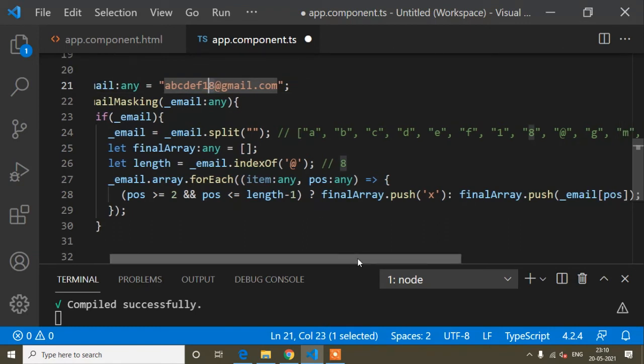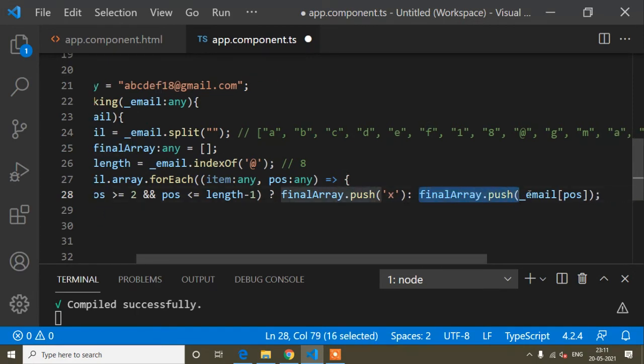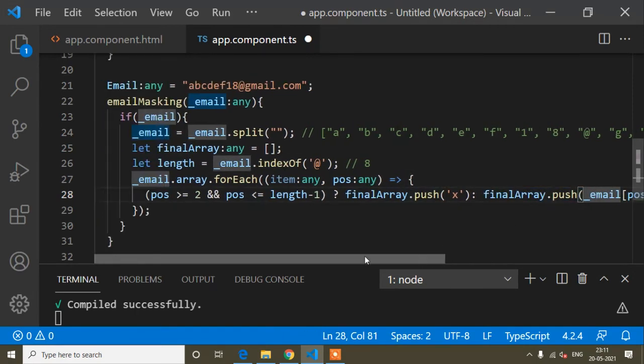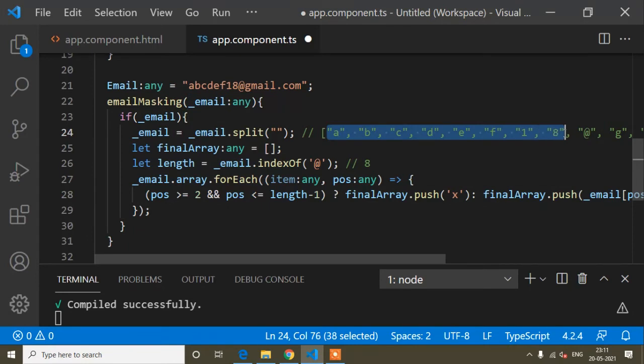Now if this matches the condition, it will do finalArray.push(x), that means it will be masked, or finalArray.push of the email at that position. I mean all the positions up to 2 will be pushed inside this array.